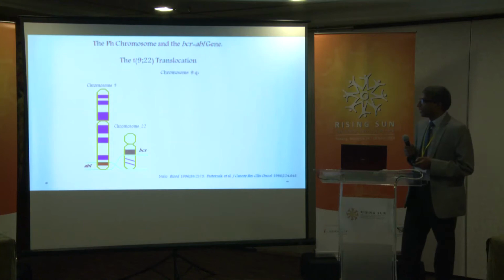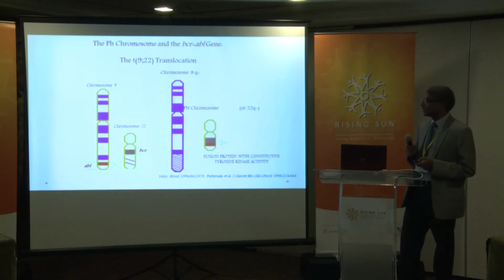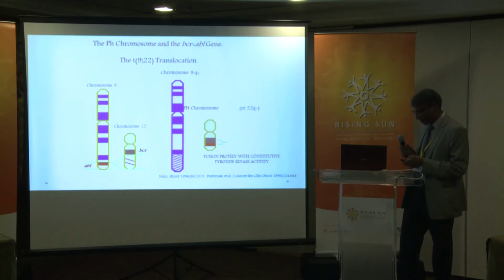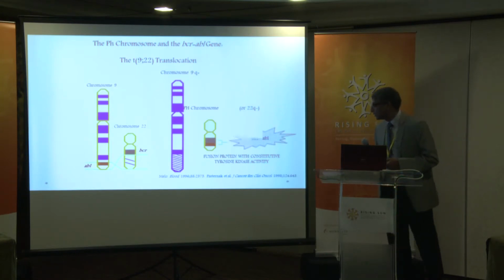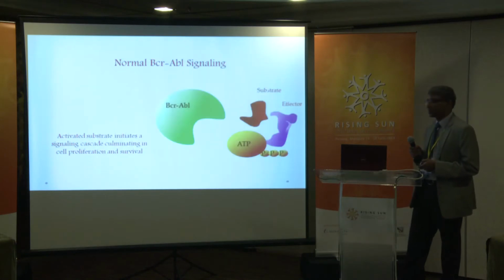So this is the cartoon which depicts exactly the translocation that happens, where a part of the chromosome on 9 and 22 come together, and then you have this PH chromosome which has got the BCR-ABL activity,